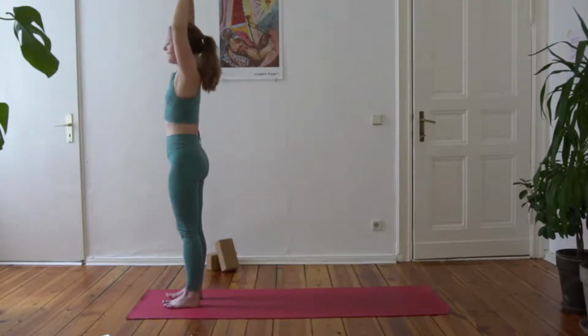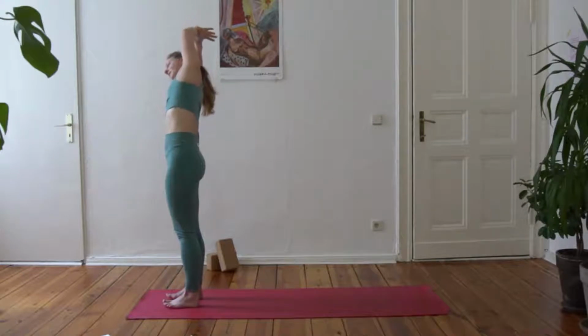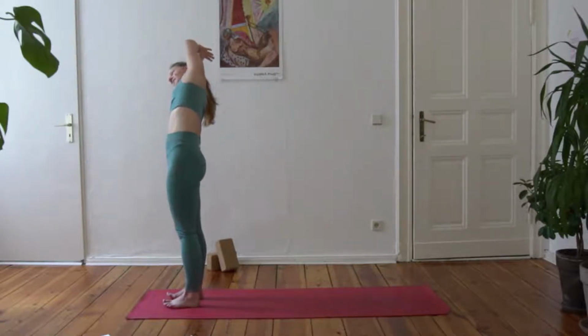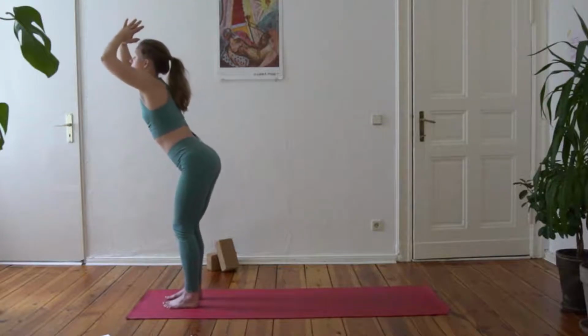Inhale, coming back through center, change the grip, so right hand around left wrist, press down through your left foot, draw the belly button in and the lower ribs, and then lean over towards the right. Inhale to turn the heart more towards the ceiling, and exhale. Inhale, coming back through center, and then exhale, bring the hands together in front of your heart, bend the knees